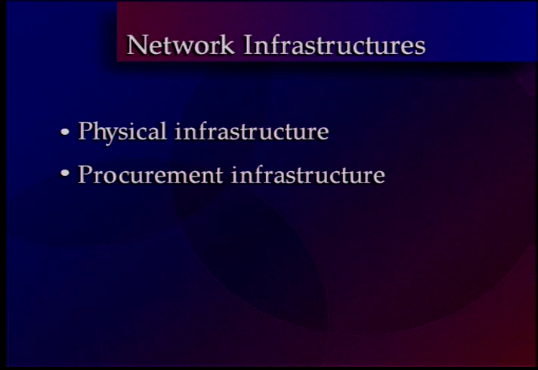Another infrastructure is the procurement infrastructure. Simply stated, the procurement infrastructure is just how products get acquired: sales channels, the representatives who sell the products, the people who buy the products, and how they communicate with each other. Because of the large amount of Ethernet out there, how Ethernet moves into organizations for manufacturers is well established, and people understand it very well.